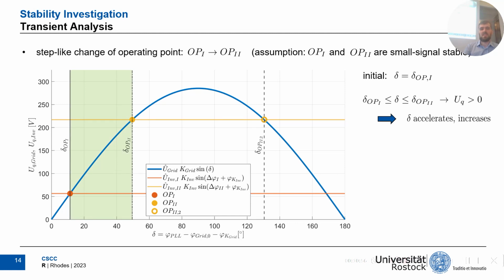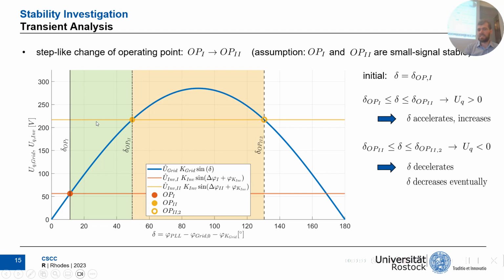In the first part, we see that UQ is greater than 0. That's why phi and delta accelerate, which is intended behavior. So delta moves up this curve until this point. And when delta overshoots, it will enter this second part where UQ is less than 0. So delta will decelerate. And it might decrease eventually when it doesn't touch the part after this second solution of